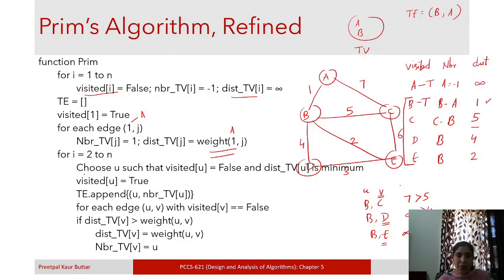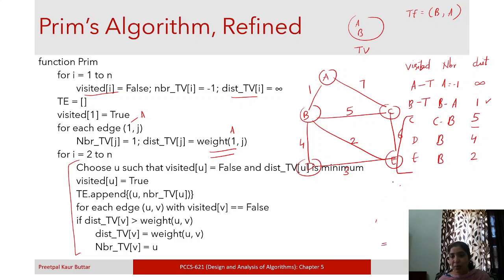Now we will iterate over it again. Okay, so now out of these, so this is already visited, now we are left with these, and out of these we will pick the one with the smallest distance.